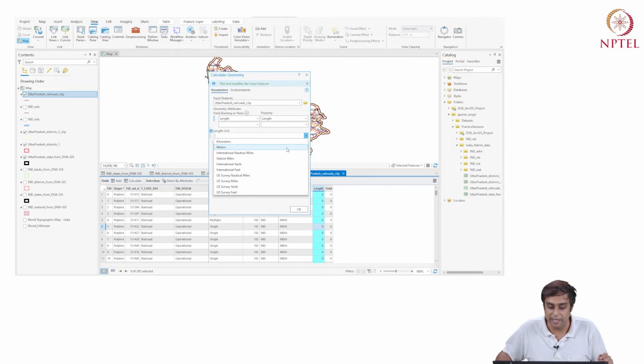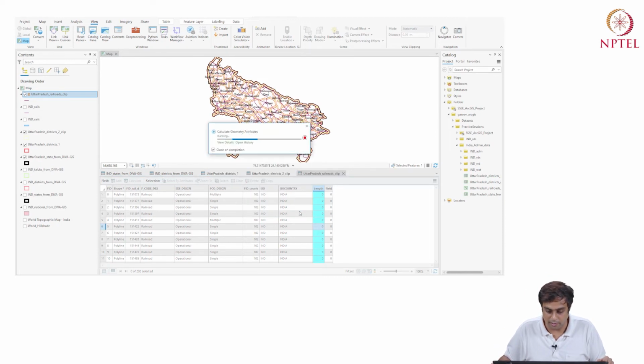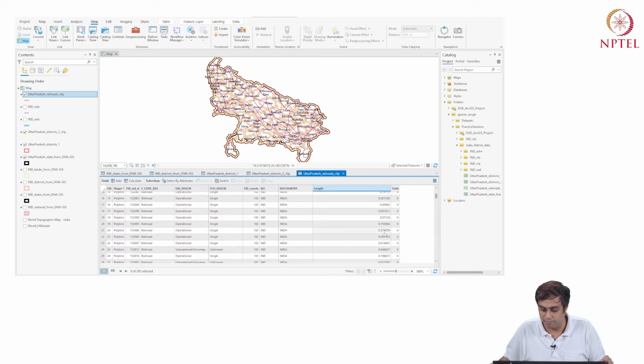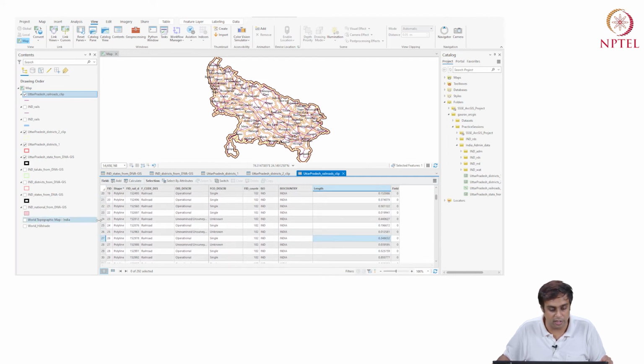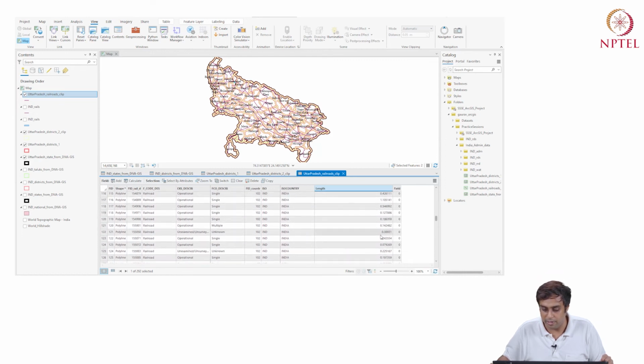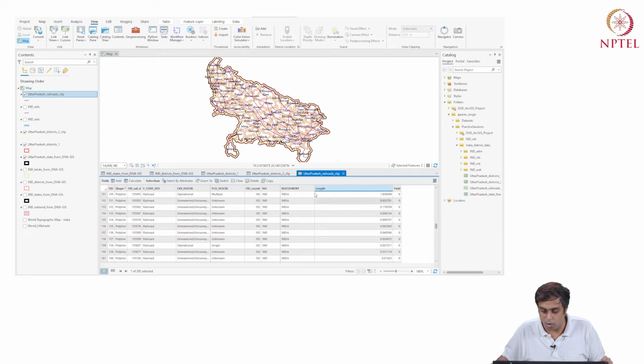Okay, I want it in meters. And then I want to say okay. As soon as I say okay, it actually calculates the length of each feature in meters. Fantastic, right? So each little feature is now calculated in meters. I'm a little worried that the numbers are very small for meters.